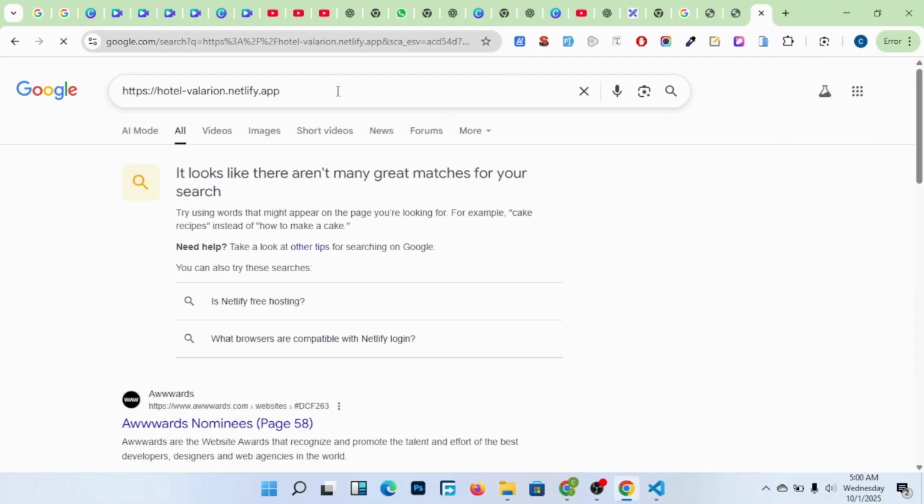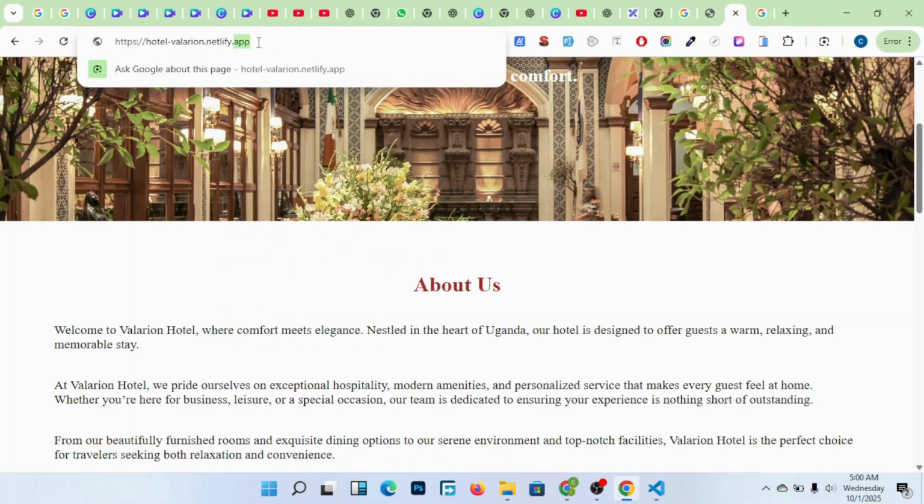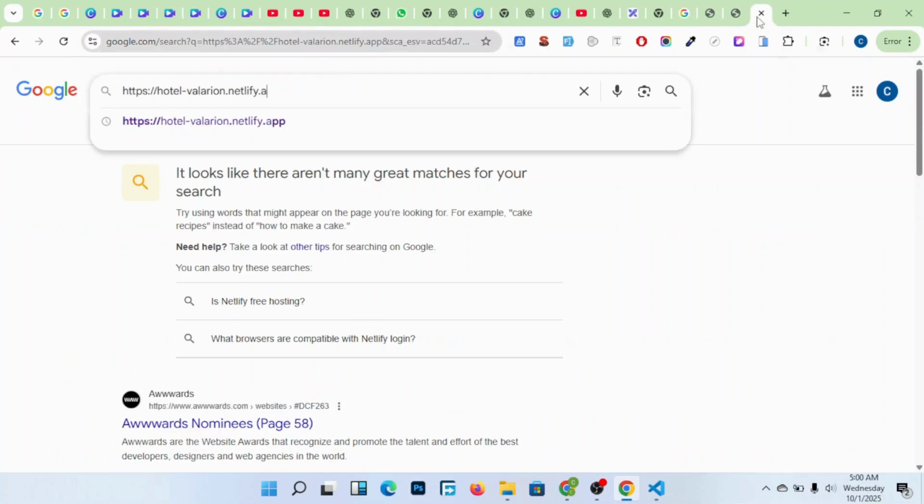Hotel Valerian, HTTP, Hotel Valerian. Even sometimes it could fail. You only have to type in something like this and it will show.